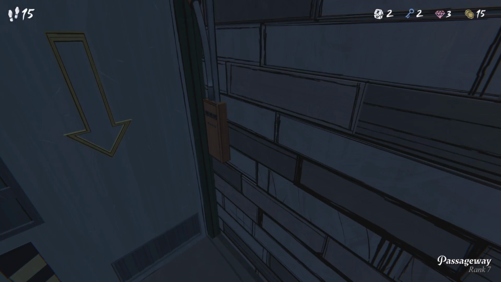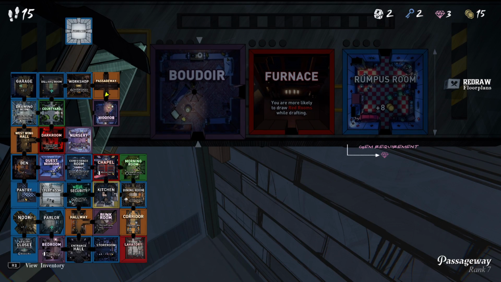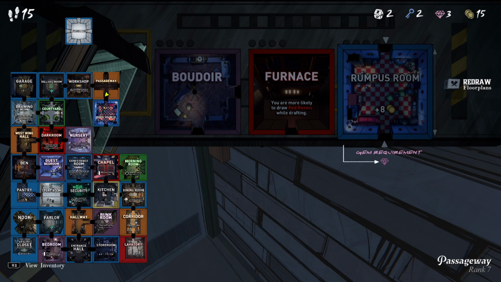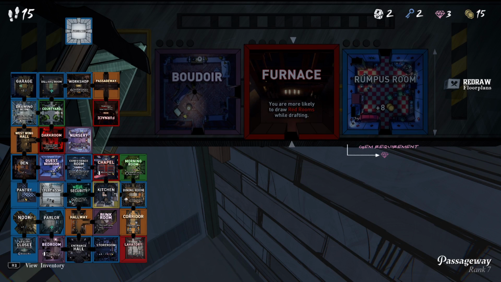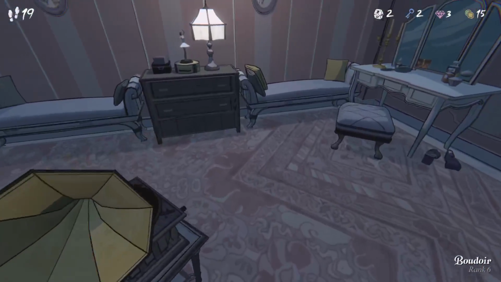I need more steps though. The boudoir will give me steps. Let's see. I mean, we can still get to the bottom square from the right side. So let's take the boudoir. We're gonna get a couple of footsteps. And we get a gem, so...